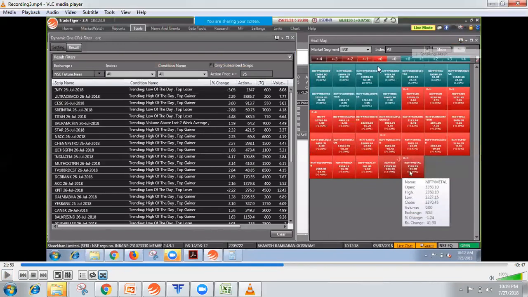This way it will decide and form colors, so the top sectors will be on the top side and the weak sectors on the bottom side. Whichever sector is up by 1%, the stock in it has to become the high of the day, top gainer, and for the sector which is down by 1%, the stock has to be the low of the day, top loser. It has to come and it should be above 2%. That's the main criteria.